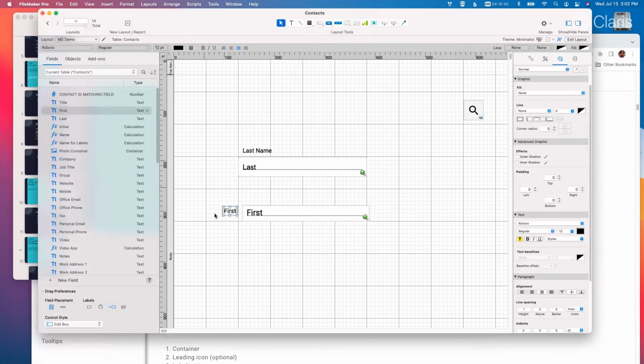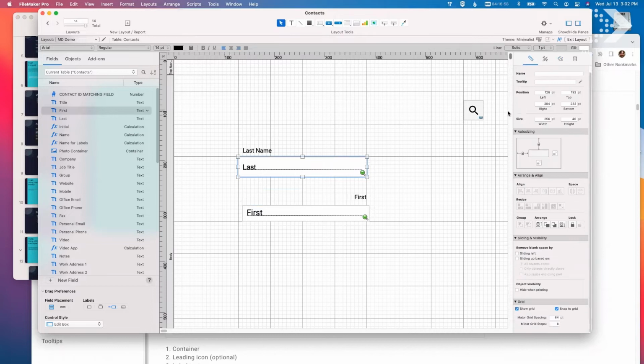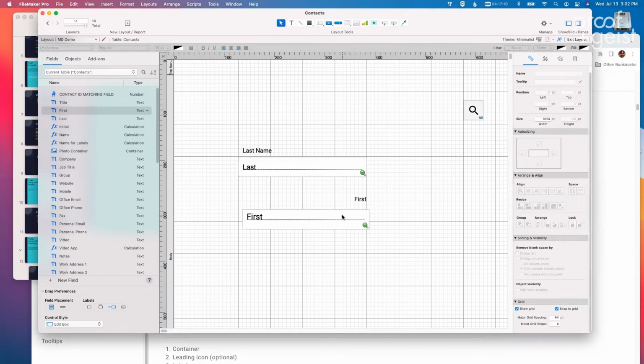I'm going to set this one to Roboto as well. I'm going to leave it at 12 point. I'm going to size this up to the same size as I have there, which is, no, it's 40. So we're going to do this, and we're going to make this one 40 as well. And we're going to make this one 40. Obviously, you can do some tweaking to the sizes depending on how compact your layout is, but I'm going to go with these. I'm going to align them both to the left, and then I'm going to take the field